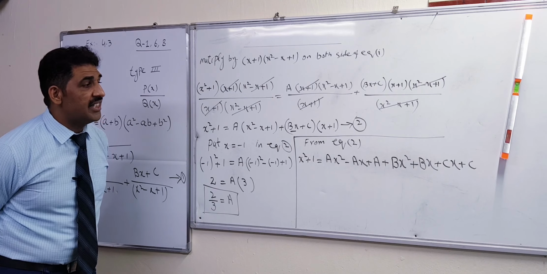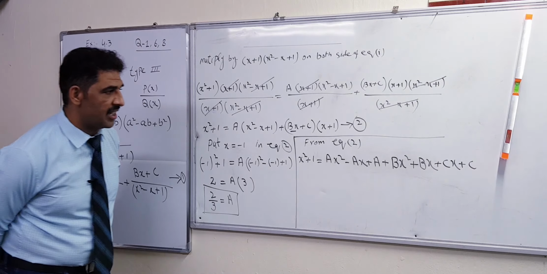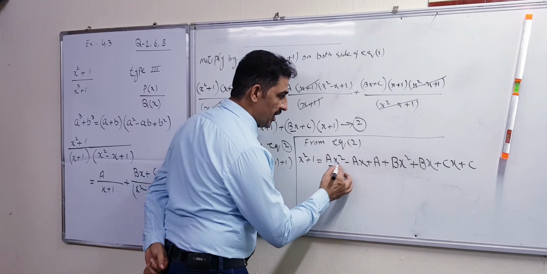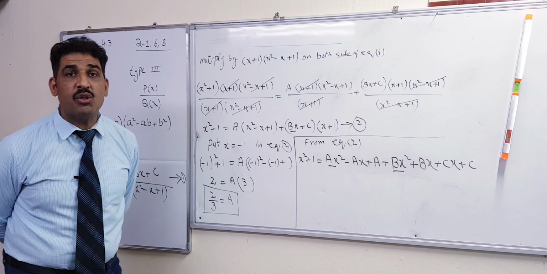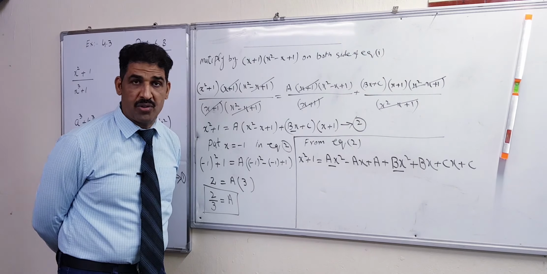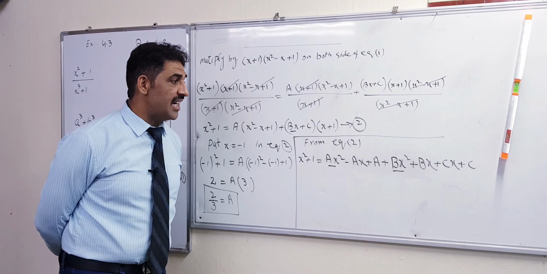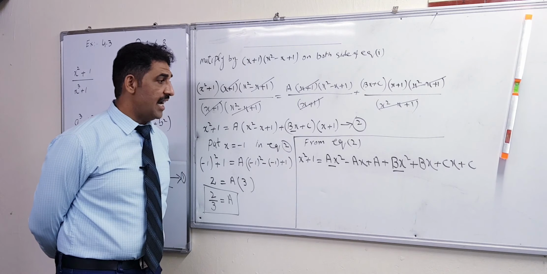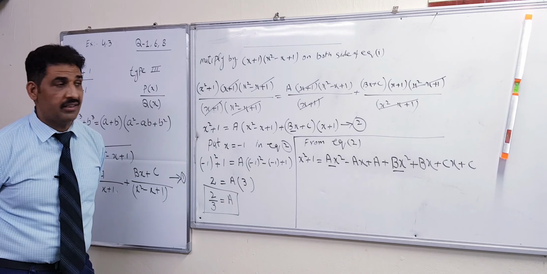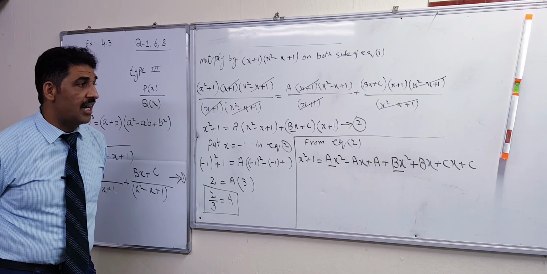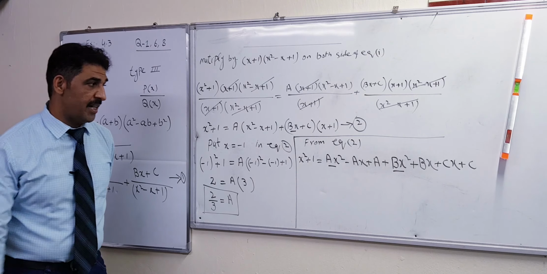Right? After that, you can write it directly if you want, because the coefficient of x square is clearly showing. Otherwise, if you want to simplify more, then you can simplify more. In the previous lecture, I simplified more and then compared the coefficients. And here if you are saying that I can write it directly, so what do you want? Should I simplify more or write directly here? Okay, now I am explaining directly.